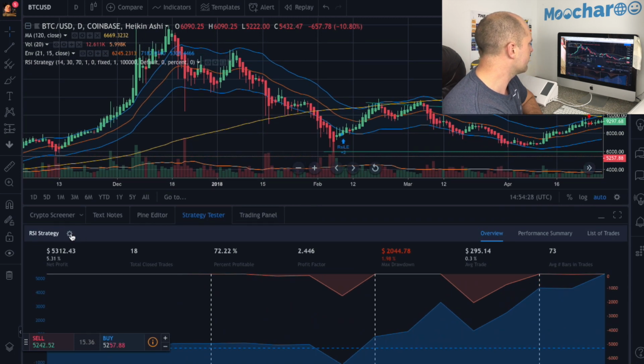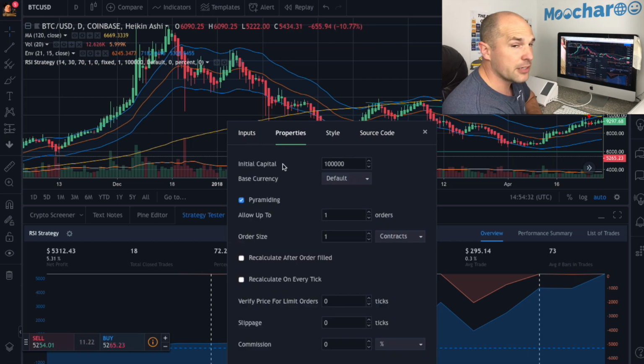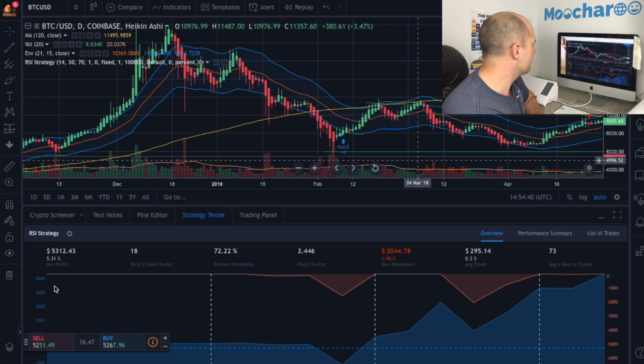So if you click on the little icon there, you'll be able to go to properties, where you can see we've got initial capital set at, I think this is 100,000. So based on 100,000 initial capital, it's going to give you the amount of trades which is done, which is 18, and a 72% percentage of profit. But we can do better than that. Okay, so all we need to do is click on that again